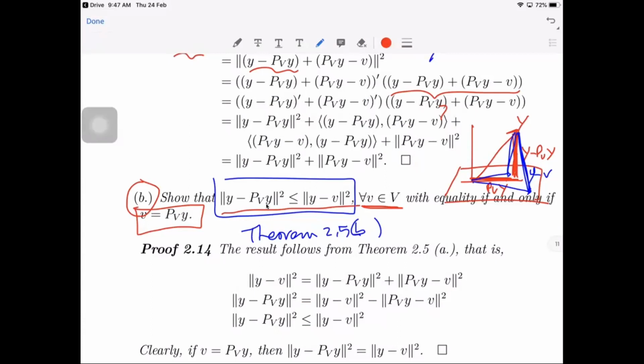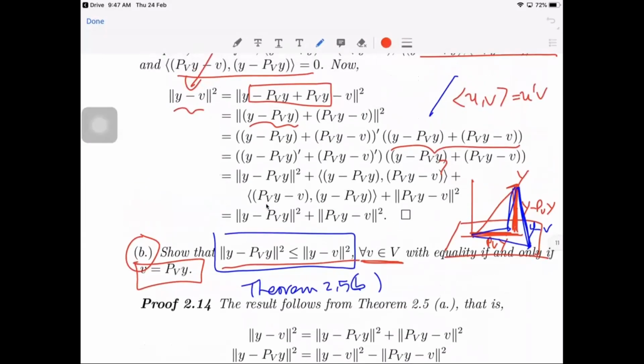Okay, so from here, from A, we have shown that one,